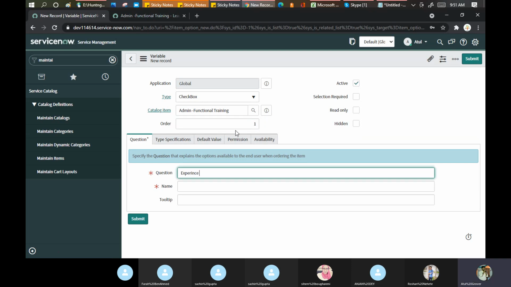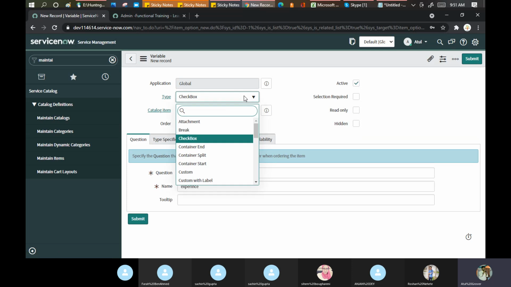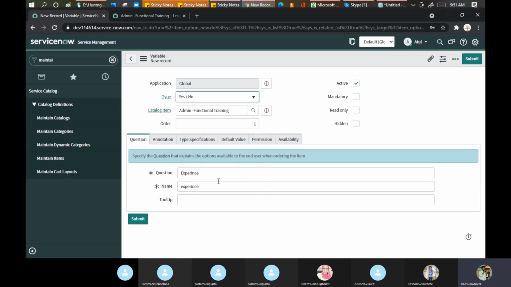It should not be a checkbox, it should actually be a radio button. The types are date, IP, choice, multi-line, multi-choices, numeric, radio, and yes or no. Okay, the question is your experience.